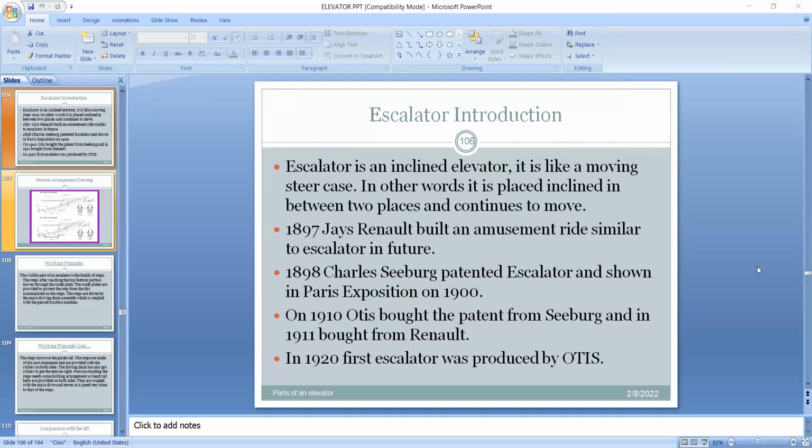It means the elevator will cancel all the calls and come to the ground floor or the lowermost floor. After that, if the fireman needs to operate the elevator, they have to hold the particular floor switch. Then only it will move. Otherwise, it will not move.